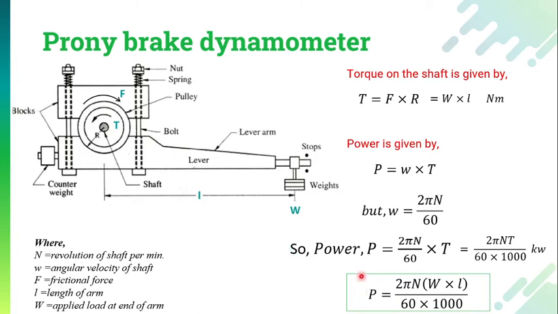And this is the final equation of the power, or say brake power, that is required for this particular shaft. Okay, so this is how we can measure the power that is available within the shaft or within the particular pulley using the dynamometer. And this particular set of equations can be used in the band type dynamometer also.